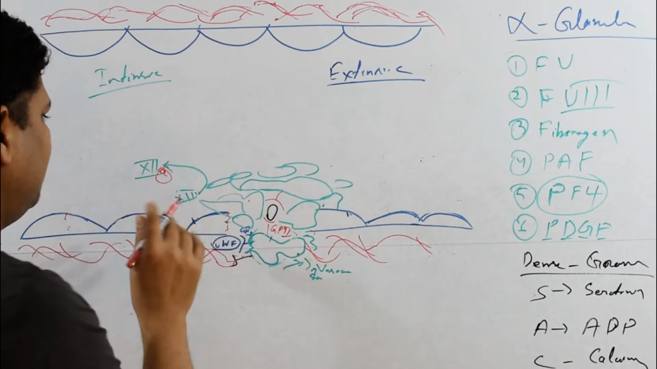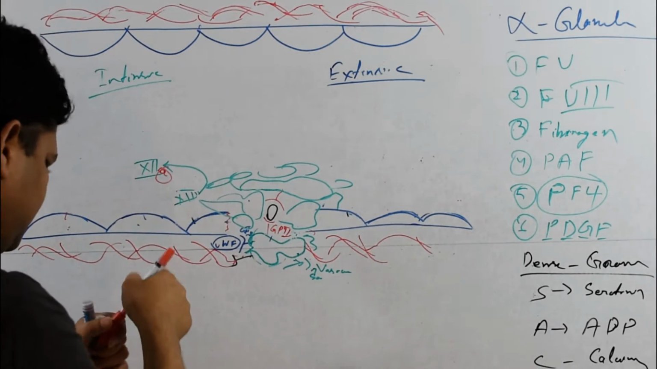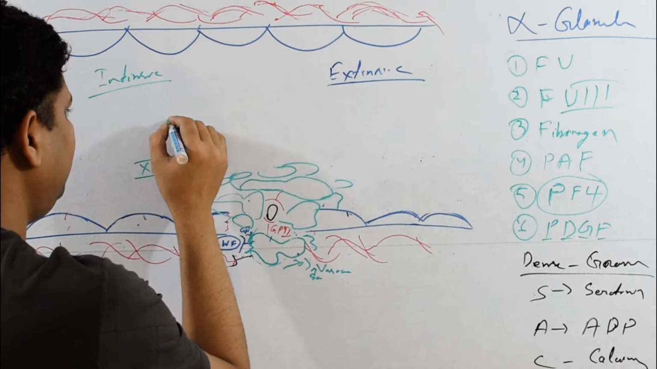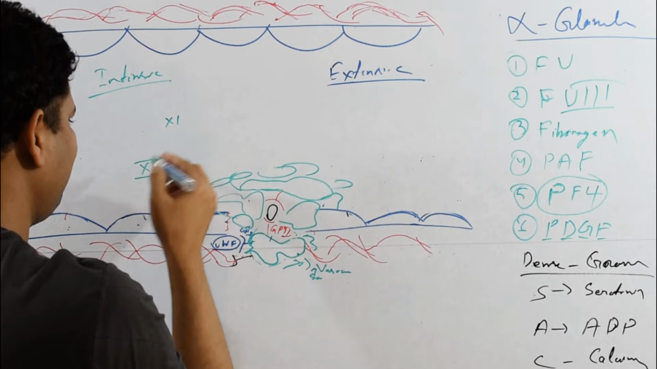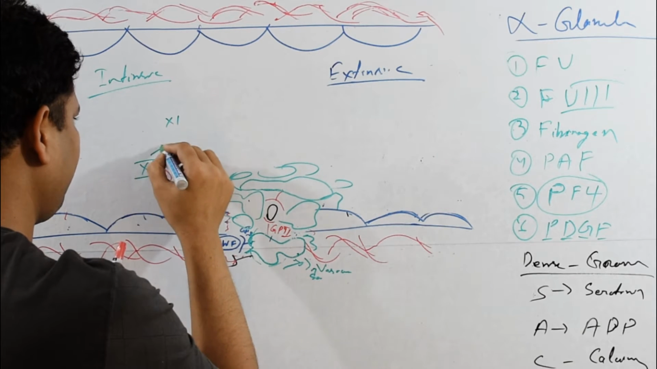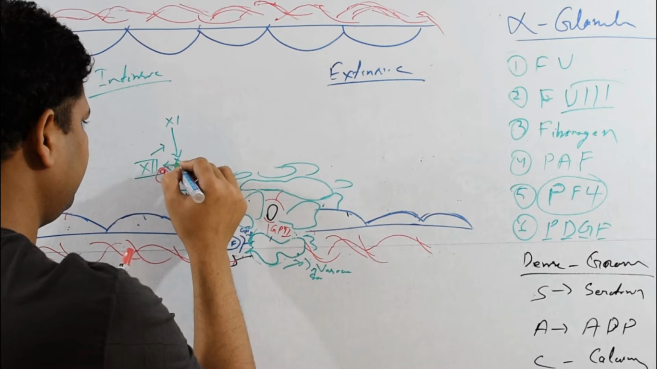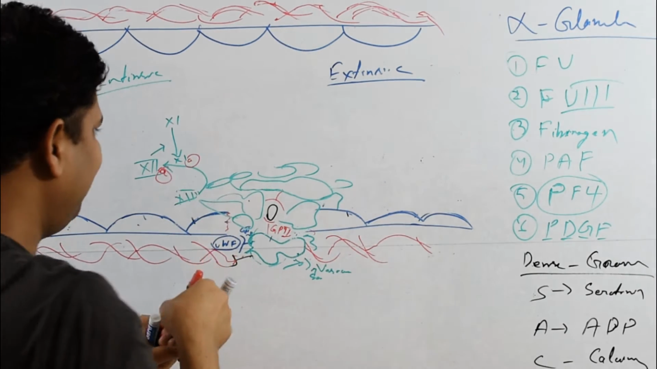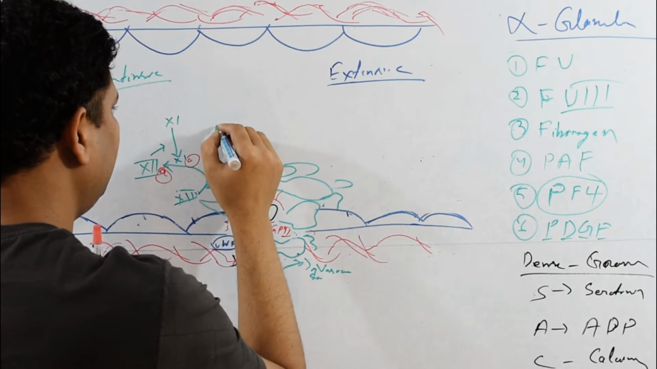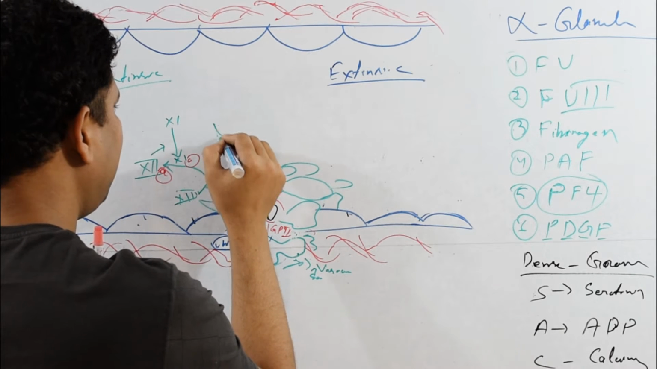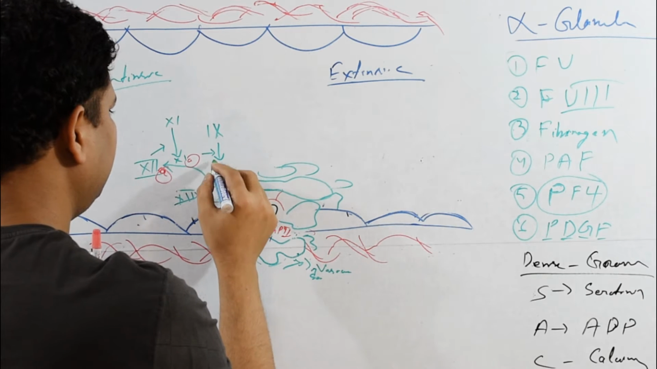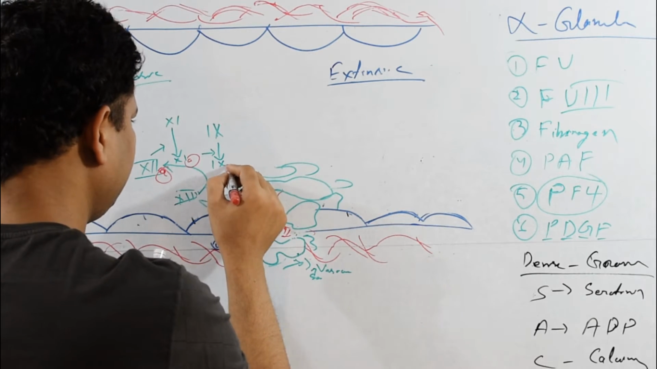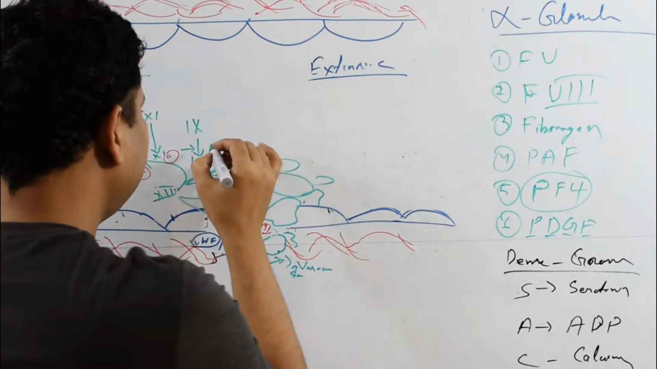This is now active. We'll make active as red. Factor 12 activates factor 11. Factor 11 is now active. Factor 11 activates factor 9. And this factor 9,